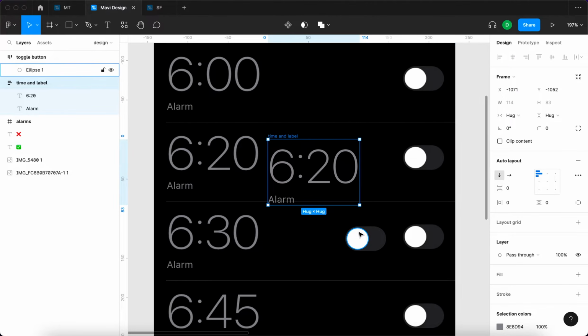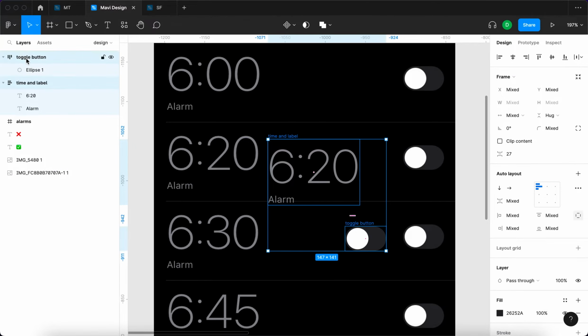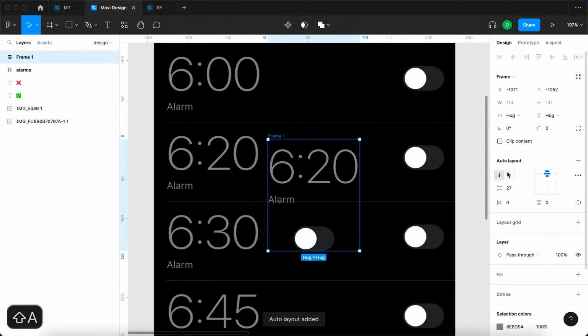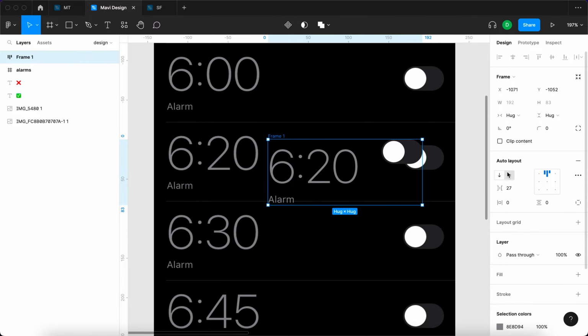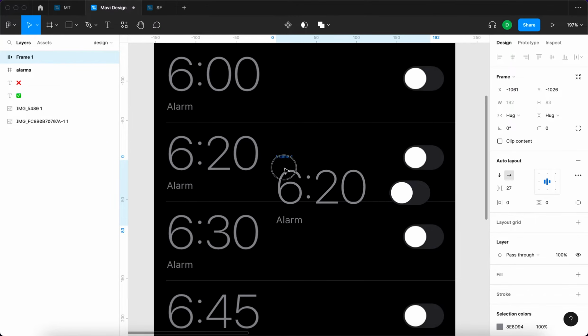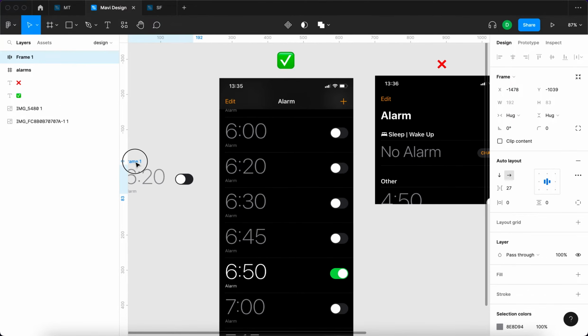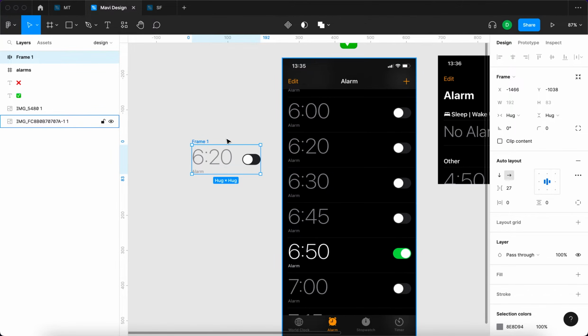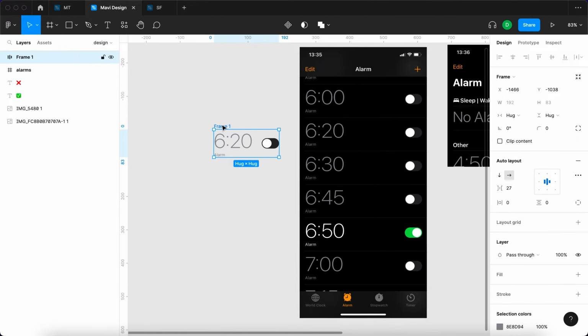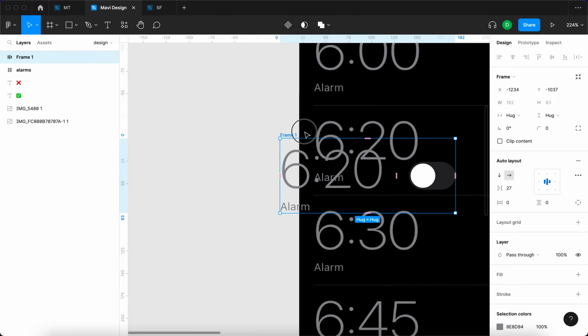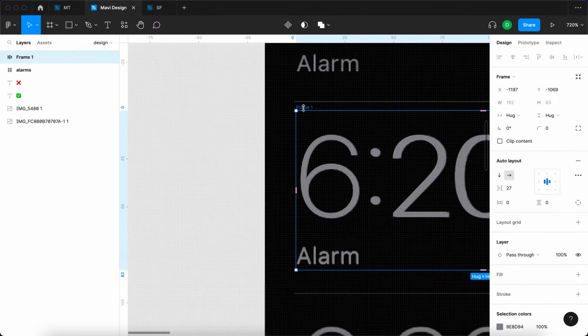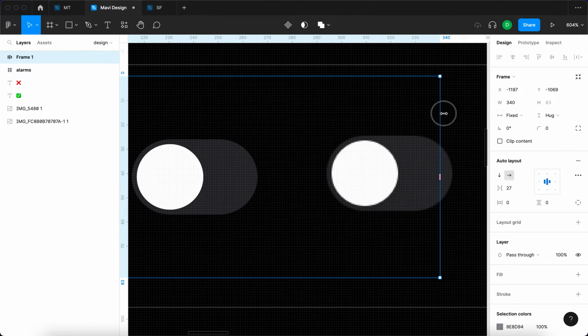And the next thing we're going to do, we're going to select the time and label, and then the toggle button. And again, we're going to press Shift A to add auto layout, and we're going to change the direction of this auto layout to make this a horizontal auto layout. And you can see what happened. We have a new auto layout that contains the text as well as the button, and now we just need to make sure we match the total width, which is going to be in this case, I think around